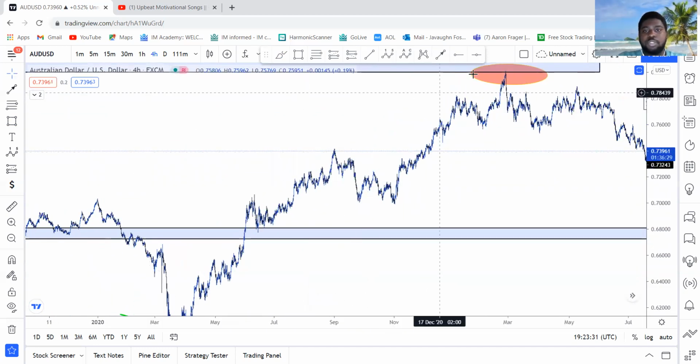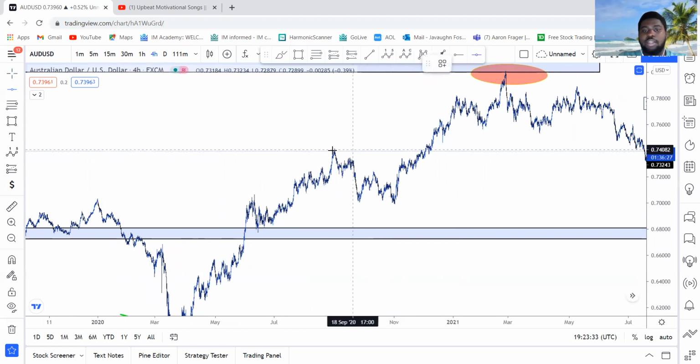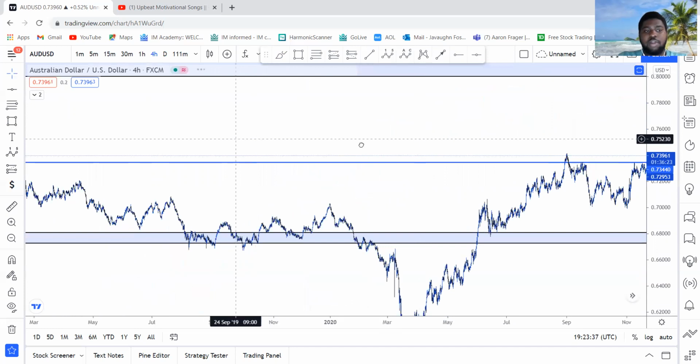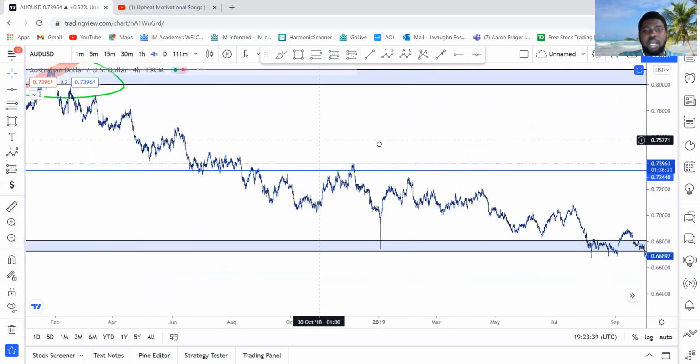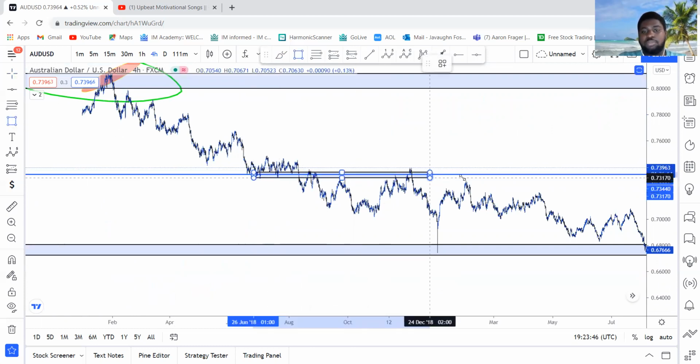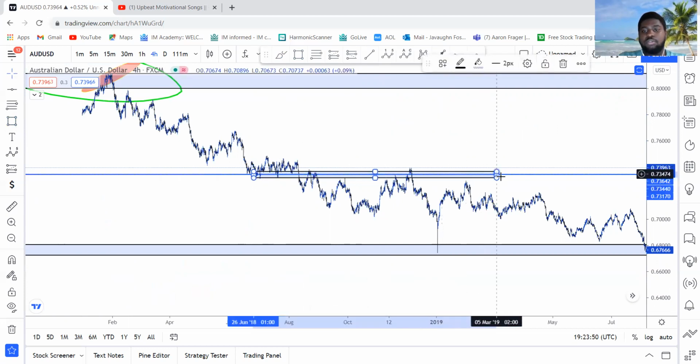So, for example, let's use a horizontal line. If I look at this swing high area over here, and I go straight back across, we can see how price bounced off this level, right? And once again, this is why I don't use just a line, because price is never just perfect on one line, right? It's usually an area, okay? So if I have to stretch this across,